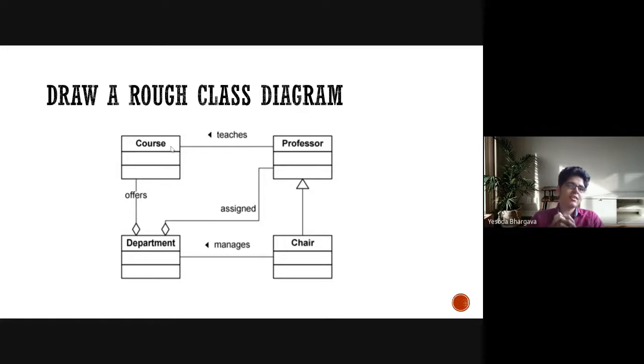So you mean to say that a course is associated with one or many professors? That would mean that a particular course can be taught by one or many professors. So yes, at least one professor is there, but when we say at least, it also means it can be one or more. But a particular course generally will be taught by only one professor. At least that is what I think.